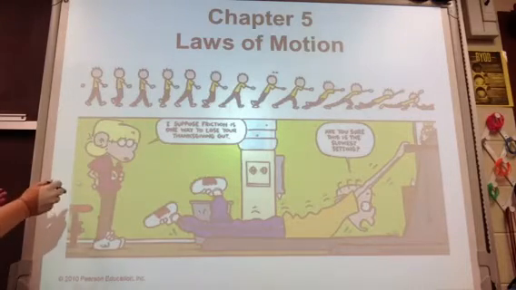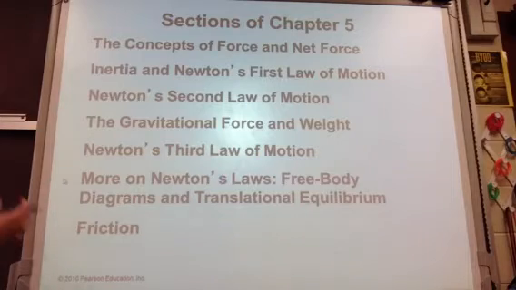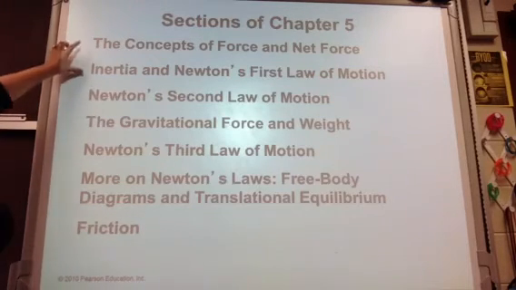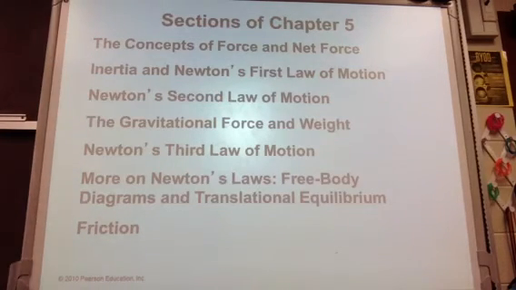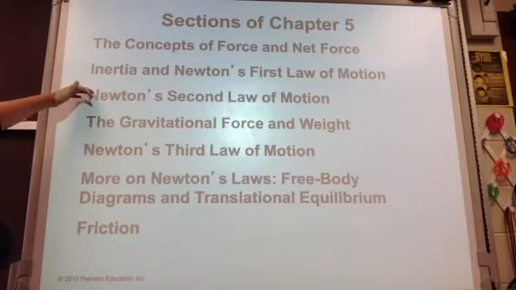So in chapter 5 there's actually quite a bit of information that we're going to cover. First thing that we will do are concepts of force and then what net force means, along with inertia and Newton's first law of motion. So we're going to cover these two today in the video, and then on Monday we'll really start on Newton's